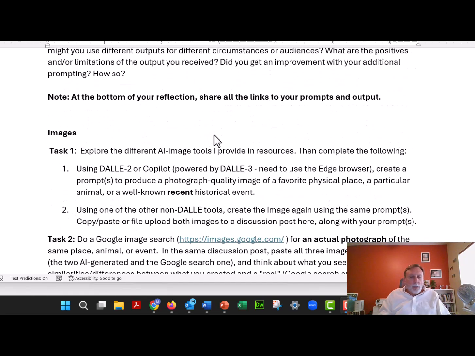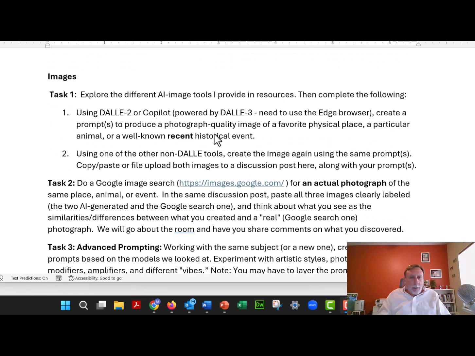And then this is one for images, when we start working with images. So what I asked them to do is to use one of the image generators, in this case we're using DALL-E, and create some sort of image. Prompt the GenAI model for some sort of image. We've studied prompts for images up to this point, and it could be the image of a favorite physical place, an animal, whatever. And then, using 2 different GenAI models to create images,